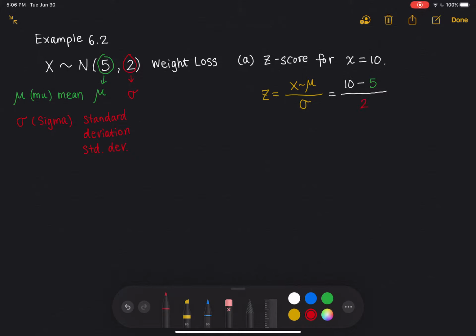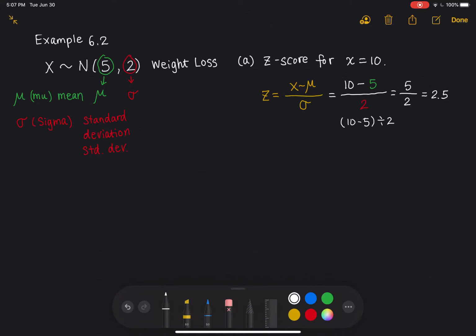So it's very important we learn how to put values into the appropriate place. And then you have to use a calculator or do it step by step. No rush, okay? 10 subtract 5 is 5. Then you divide it by 2, so you get 2.5. If you're inputting that into your calculator, make sure you do it as open parenthesis, 10 subtract 5, close parenthesis, divided by 2. Then you should be able to get the correct answer, 2.5. What it means is,